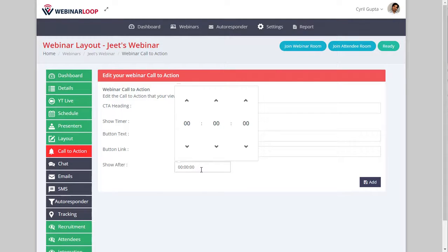And if this was an automated webinar, you would not be there to control when the CTA goes live. You can set up a time, like you can specify exactly when in the webinar you want the CTA to go live. So if you want to, for example, make it go live at the 59th minute, you can do so and select when the CTA goes live exactly, and this will help you put the CTA exactly when the